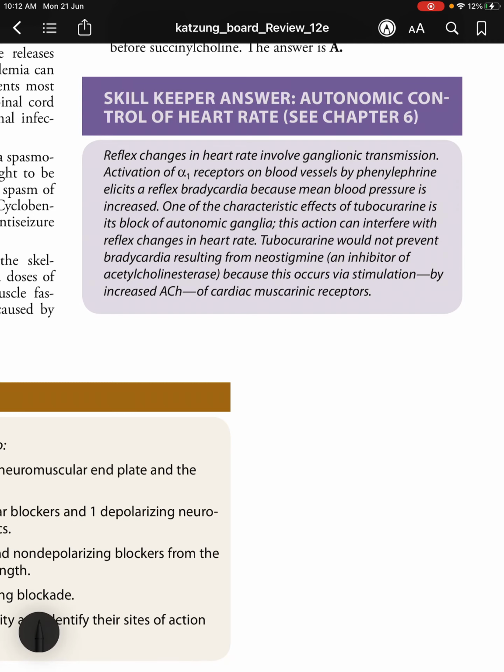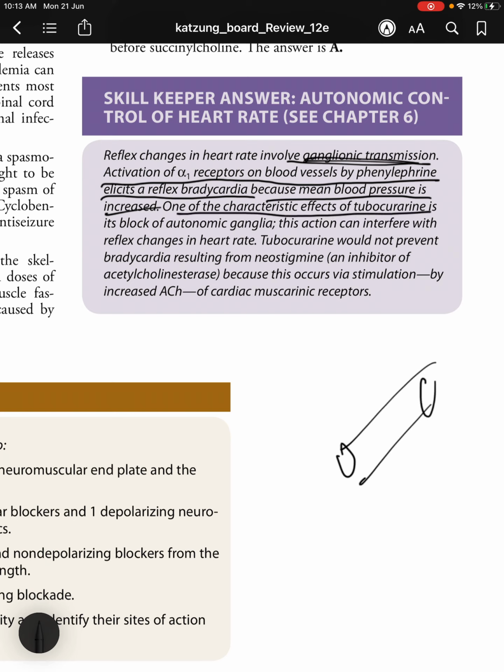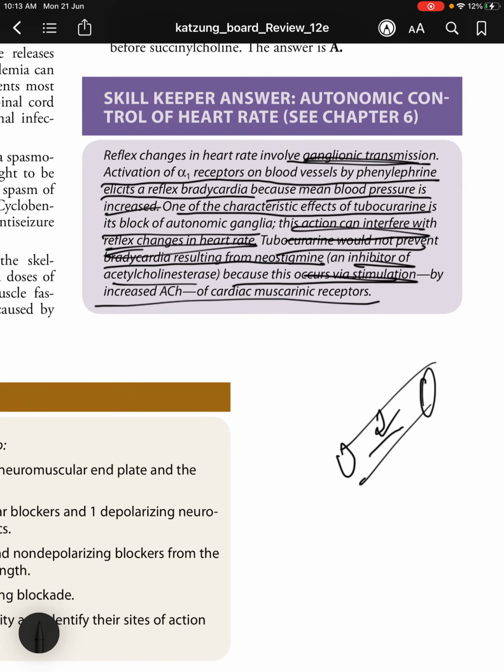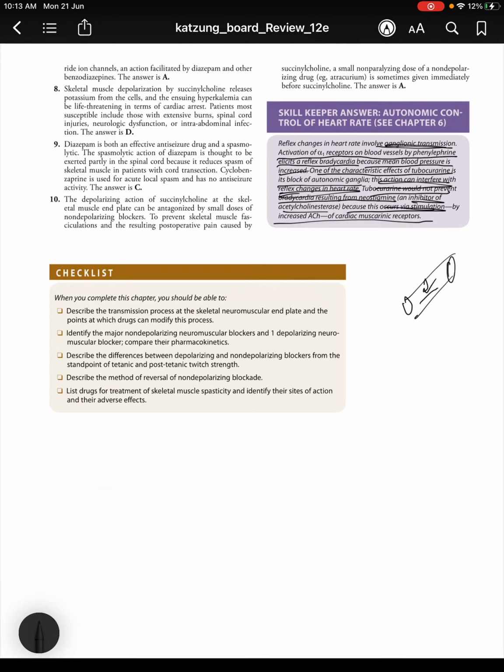And coming to the skill keeper answer, reflex changes in heart rate involve ganglionic transmission. Activation of alpha 1 receptors on blood vessels by phenylephrine elicits a reflex bradycardia because mean blood pressure is increased. One of the characteristic effects of tubocurarine is that it causes histamine release, and also it blocks autonomic ganglia, and this action can interfere with reflex changes in heart rate. Tubocurarine would not prevent bradycardia resulting from neostigmine, which is an inhibitor of acetylcholinesterase, because this occurs via stimulation by increased ACh of